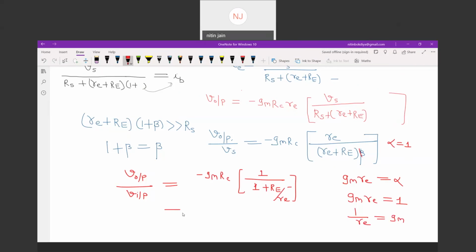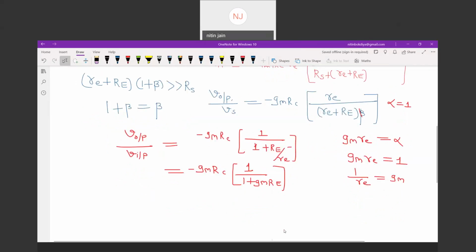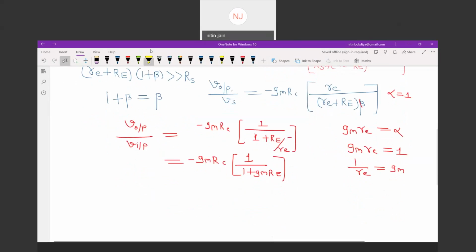The voltage gain will be minus GM into RC divided by 1 plus GM into RE. And this is the effect of negative feedback. कि नेगेटिव फीडबैक में आपने देखा है, what is the effect of negative feedback? You can say due to negative feedback,